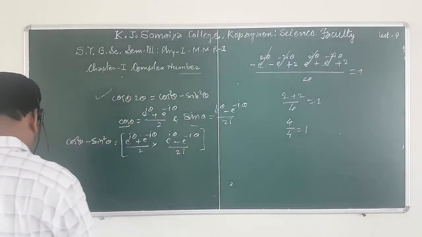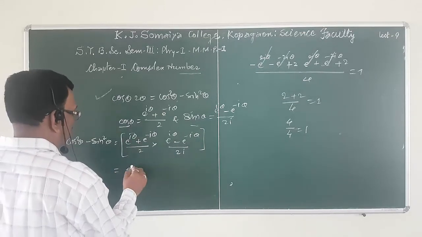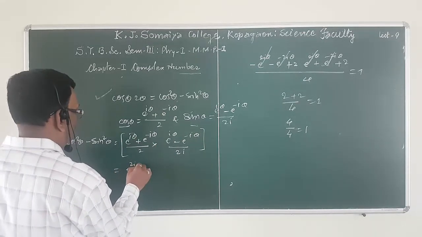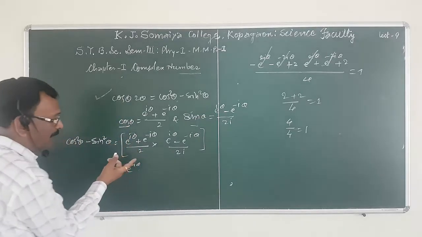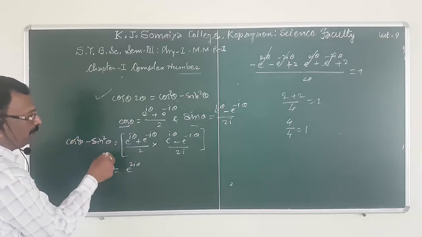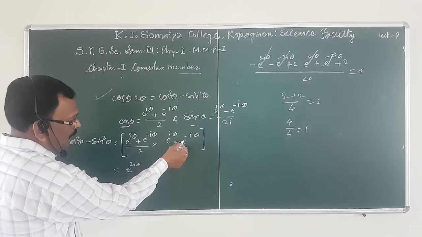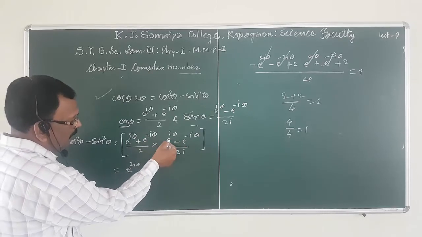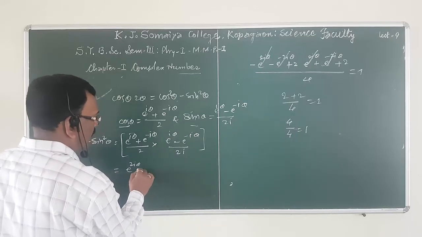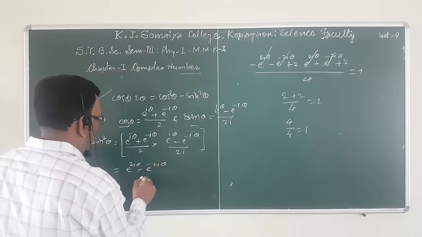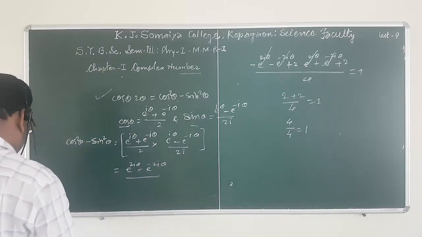Again simplify this, we have e raised to, simply multiplication of this into this, e raised to 2I theta, and similar as we saw in the previous problem, product of this term with this term cancels with product of this term with this term, and last minus e raised to minus twice I theta upon what?